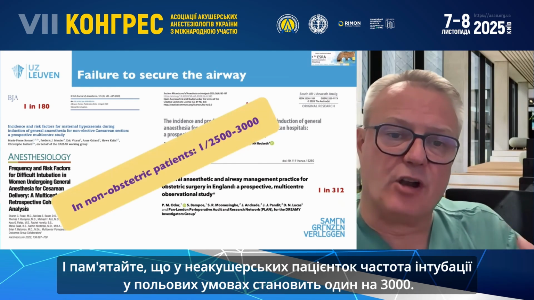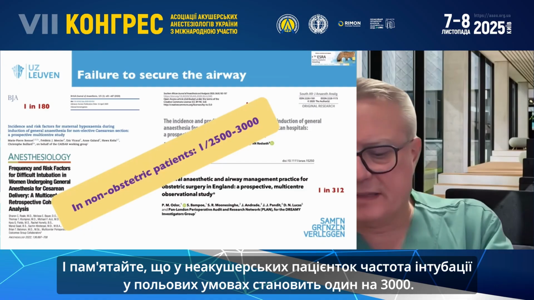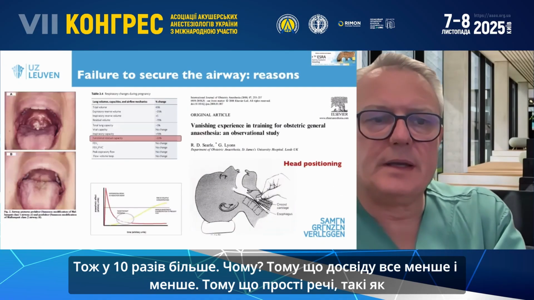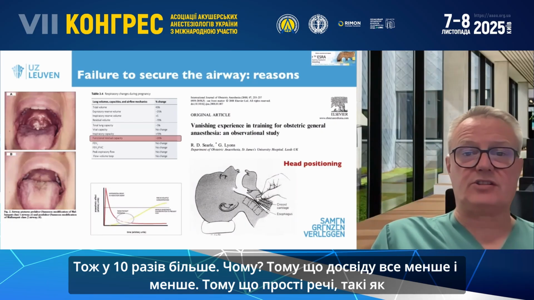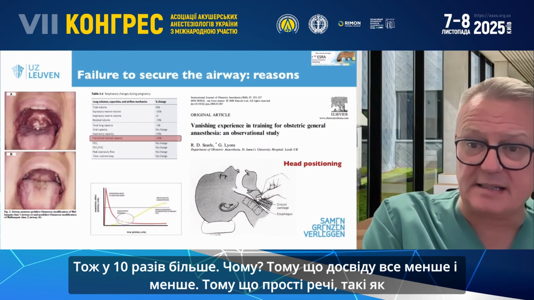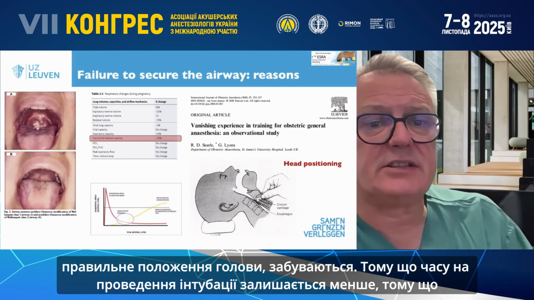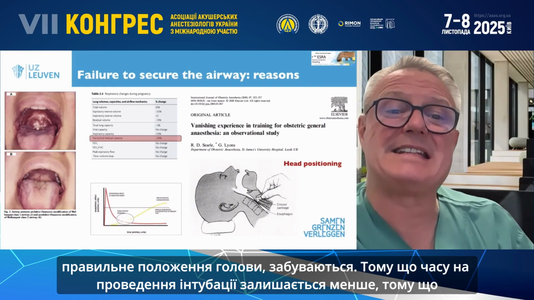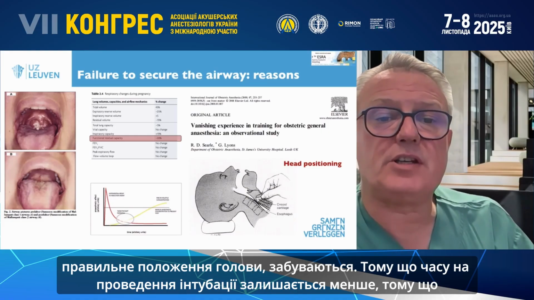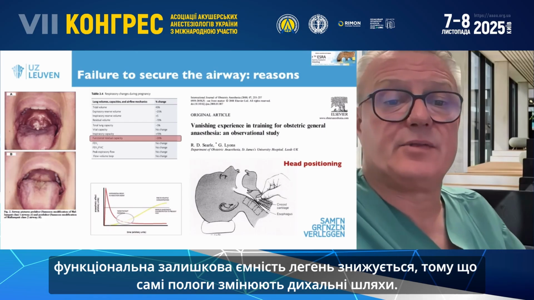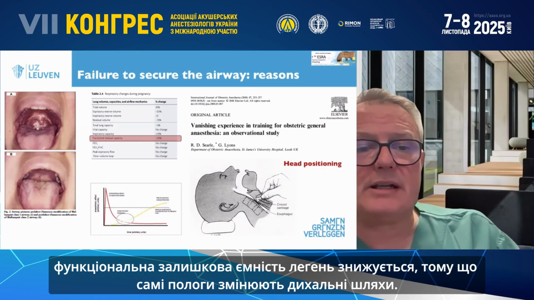And remember that in non-obstetric patients, the incidence of failed intubation is 1 in 3,000, so 10 times more. Why? Because there is less and less experience, because simple things like the correct head position are forgotten, because there is less time to perform the intubation, because the functional residual capacity of the lungs is reduced, because labor itself